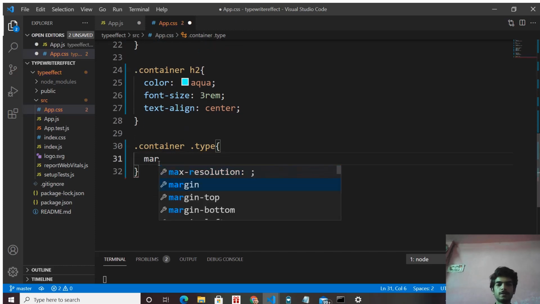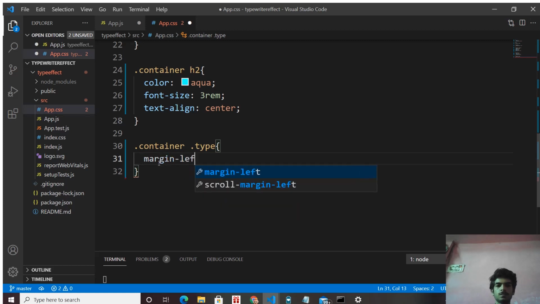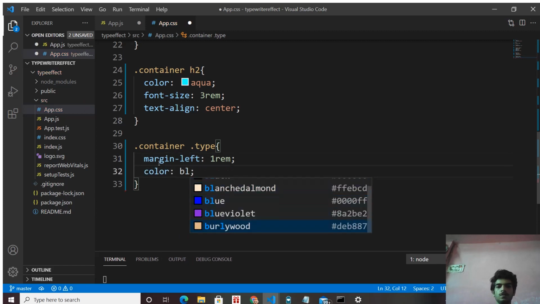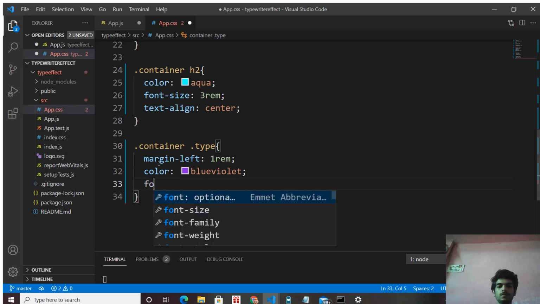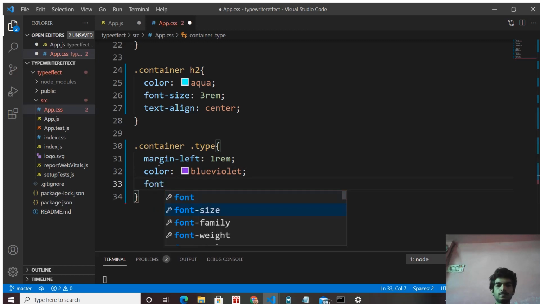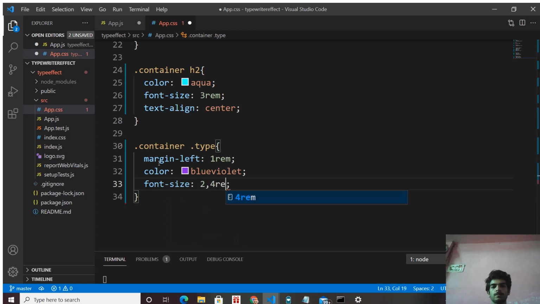Give margin left 1rem, color blueviolet, font size 2.4rem.